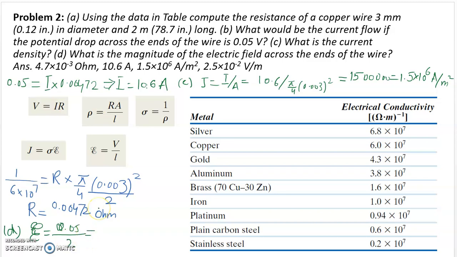If it is 0.05 divided by 2, it will be 0.025 volt per meter, or in other words, it will be 2.5 into 10 to the power minus 2 volt